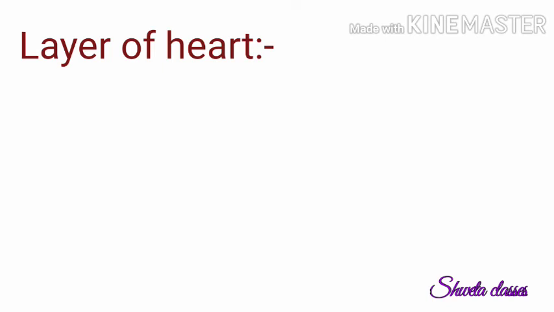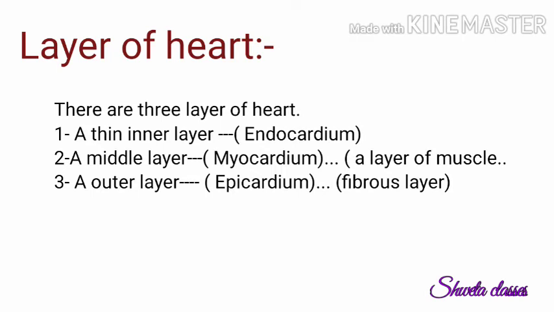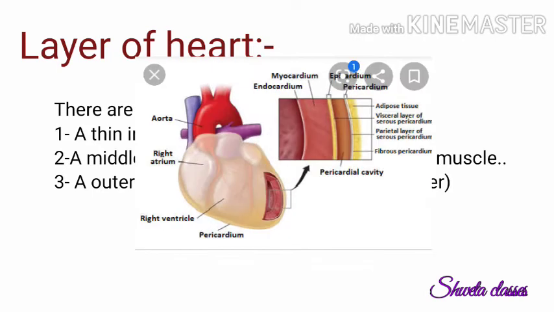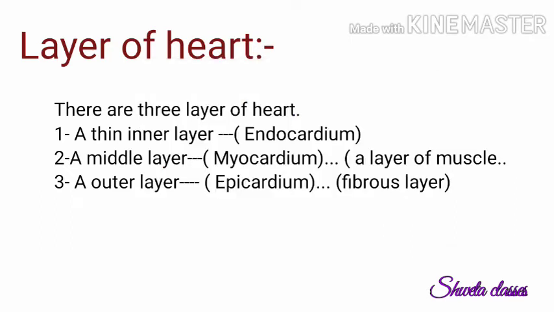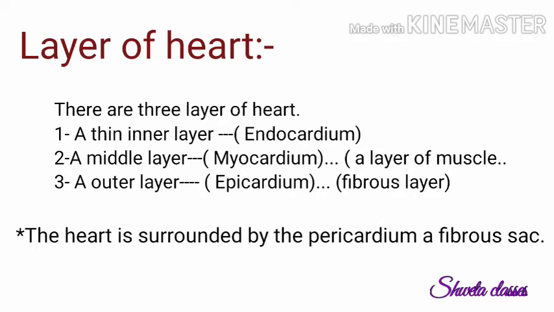After that we talk about the layers of the heart. There are three layers of the heart, called endocardium, myocardium, and epicardium. The endocardium is the delicate layer that lines the entire inner surface of the heart. Its texture and thickness are very variable from one chamber to another. The endocardium, made up of connective tissue, is continuous with the myocardial trabeculae and valvular leaflets.